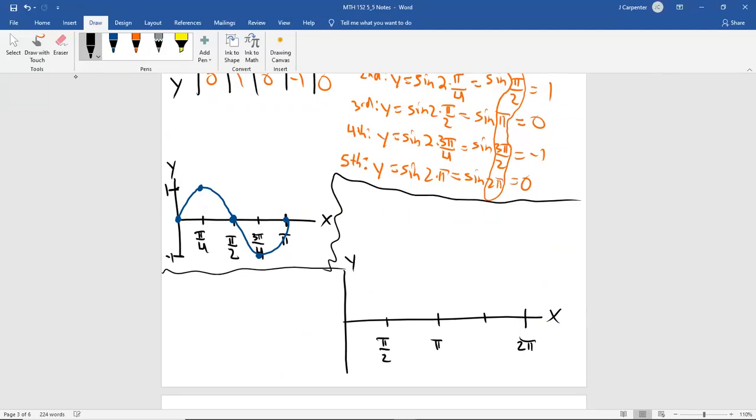And I'll make this 3 pi over 2. Then I want to have heights of 1 and 2, and then -1, -2. But then I'm also going to go from 0 to pi with those 4 values. So pi over 4 needs to be labeled. And then 3 pi over 4